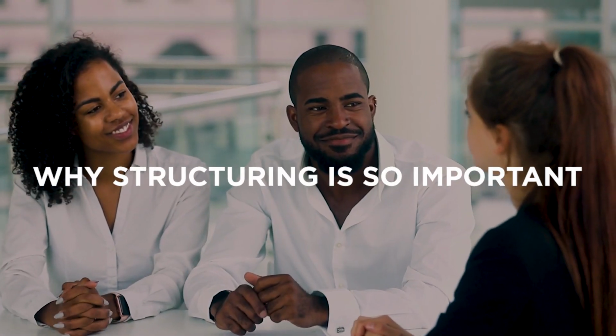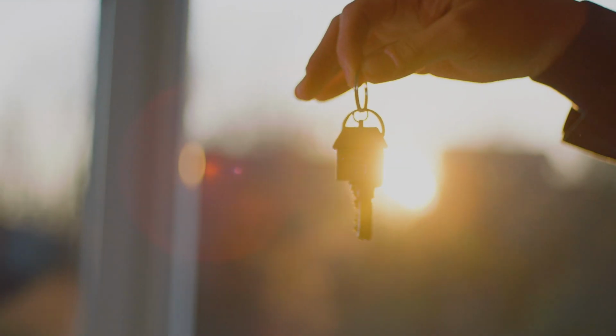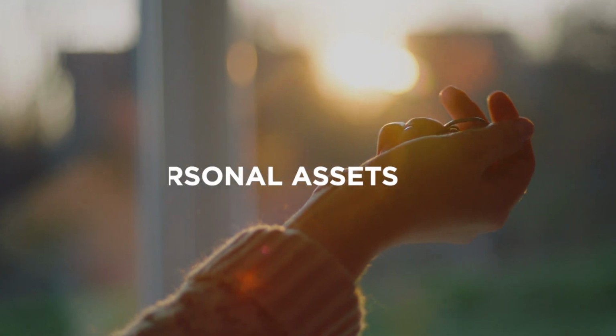Let's discuss why you should have a trust structure in place and what the reasons are why structuring is so important. The first reason is asset protection. You want to make sure that your assets are protected, and that is why you cannot just have one trust, because if all your assets are in one trust and something goes wrong, you could still lose everything that is in that trust. So you want a separate family trust where you move all your personal assets to, and then you want a holdings trust to hold the shares in your property company,